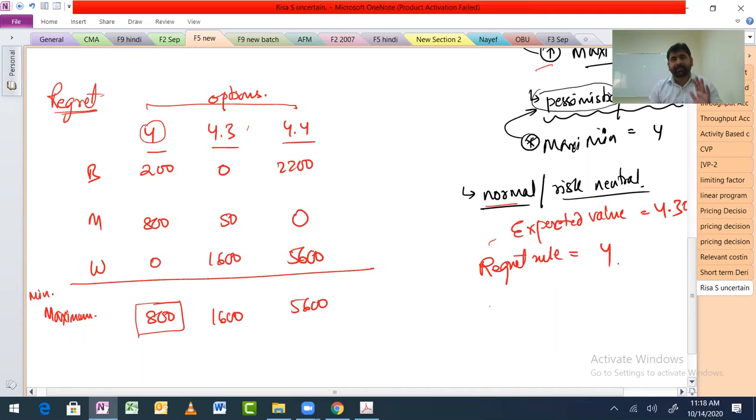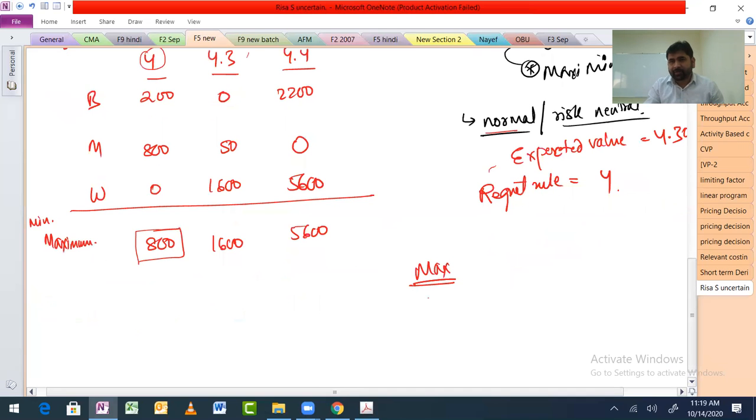Like, first understand till now what we have done. We have learned how to make the payoff table. We have learned how to do the max and maximin. All right, because see, whatever it is, understand this. You want to maximize the income in both the cases. Fine. So it is max. Maximize the maximum or maximize the minimum. If you are too afraid, you will go for this risk averse.